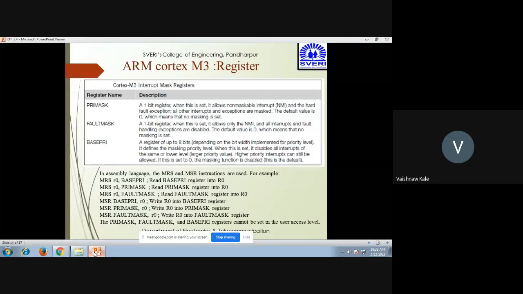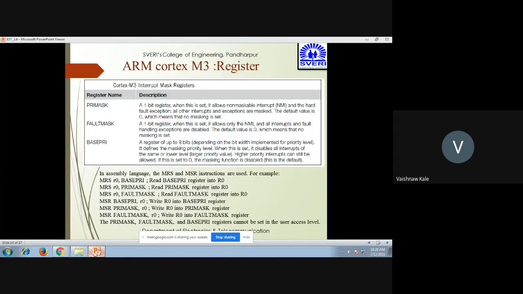Now see how the syntax can be written here. In assembly language, again MRS and MSR are used for reading and writing. When I say MRS R0, base primary, it means you're reading the base primary register into R0. When I use MRS R0, primary mask, you're reading the primary mask into R0. Then MRS R0, fault mask, you're reading the fault mask register into R0.